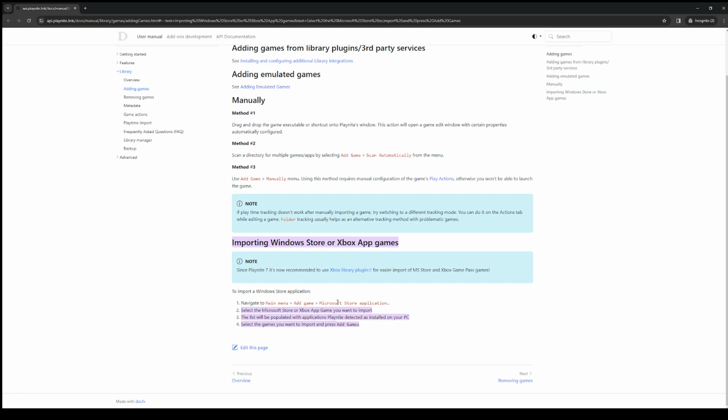Now, once you've done this, the next thing that'll happen is Playnite will actually scan all of your drives, all of your storage devices, and it will scan it for all games that are tied to Xbox Pass or Microsoft, I should say, and you would have the option to actually add them to your games library